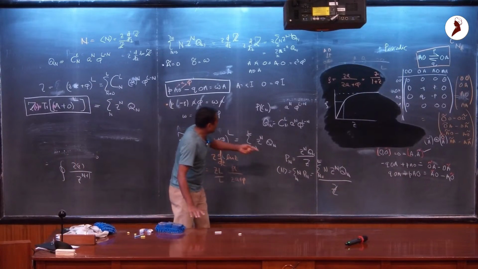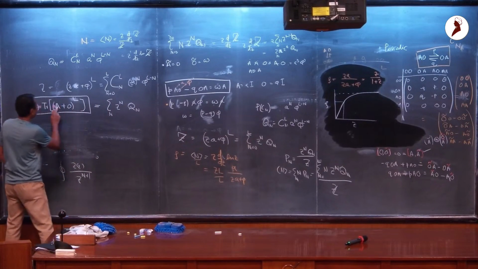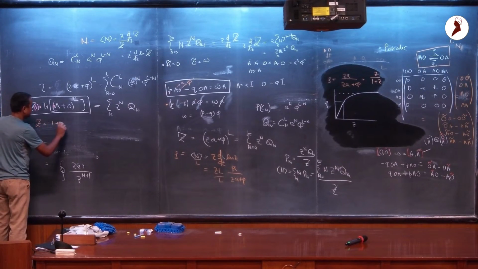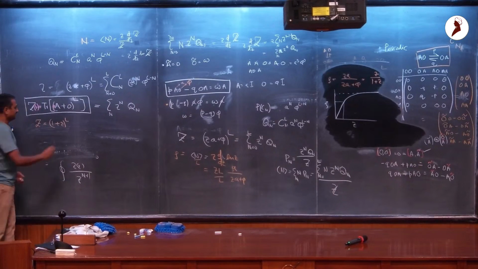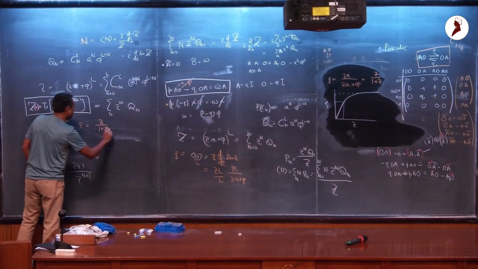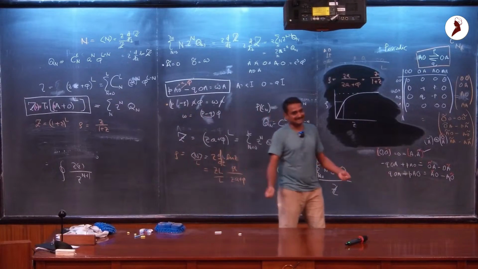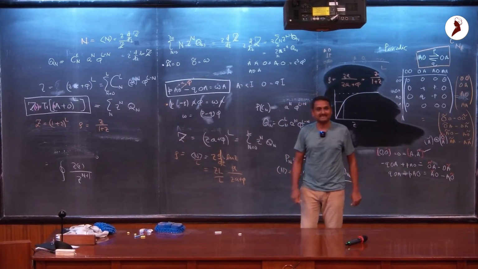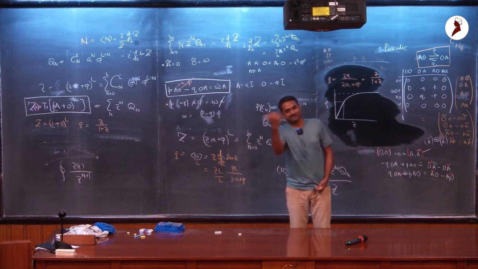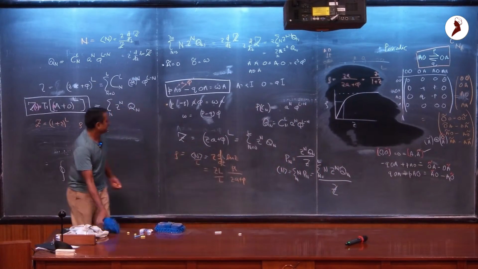So now we know the relation like this, and now you want to calculate. A and phi are the same, so I will just put 1 plus z whole to the power L. So your partition function now, Z equals 1 plus z whole to the power L. And your density equals z divided by 1 plus z. So these are the two things I know. I want to calculate now the current. What is the current? The average current, not the current as an operator. So the average current is the number of times a particle moves forward minus the number of times it can go backward, right? So current in this problem can be defined as this,